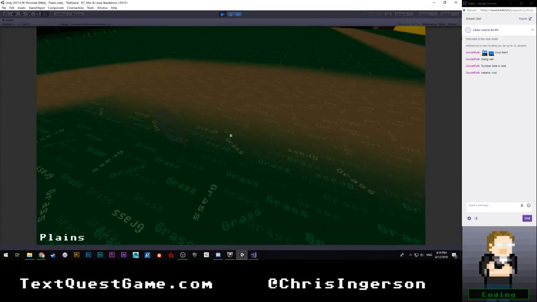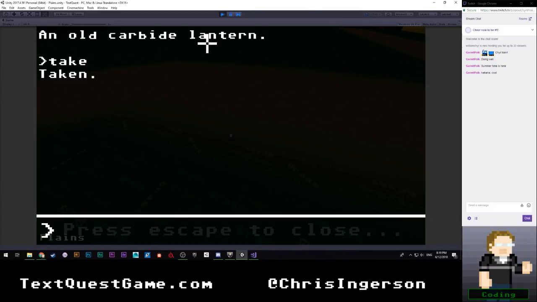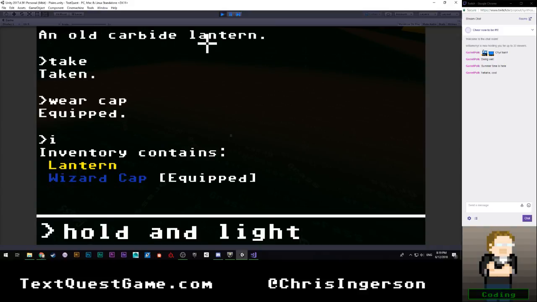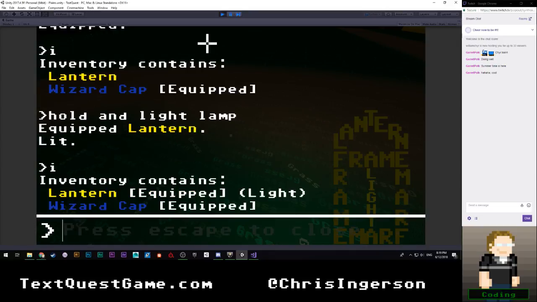Say take wizard cap. Okay, and then I'm going to say hold the lamp, and then I. Okay, so you can see that we now have an equipped marker that's distinct, and then a light marker that's